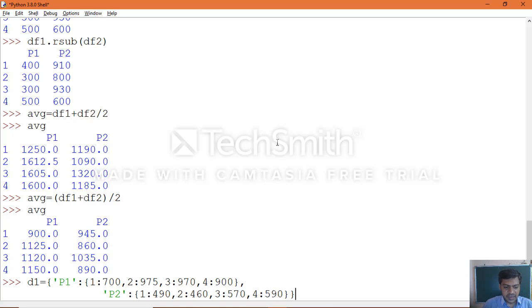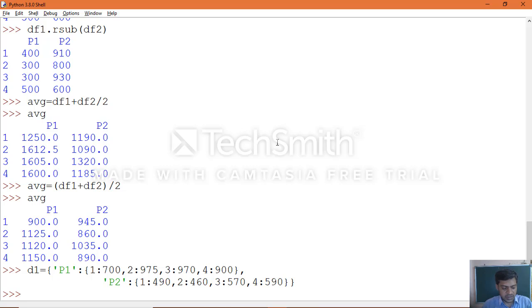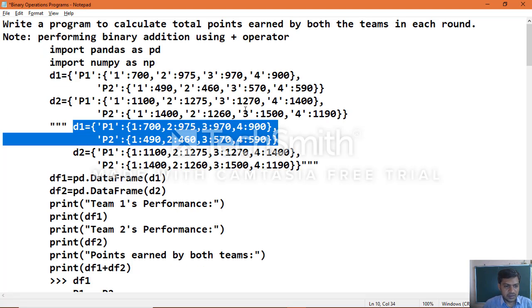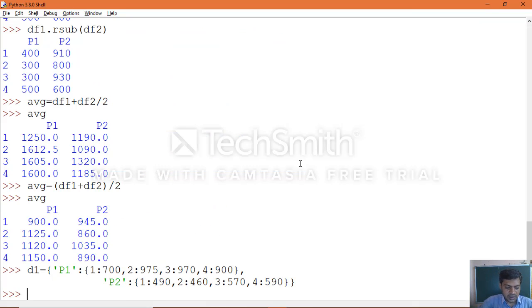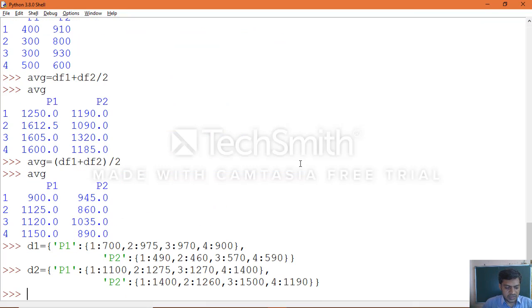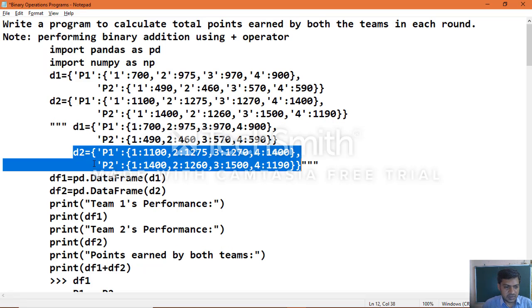So instead of string keys, the inner dictionary keys are numeric numbers. In the same manner, with the data dictionary 1 and dictionary 2, as usual you can create the data frame objects.